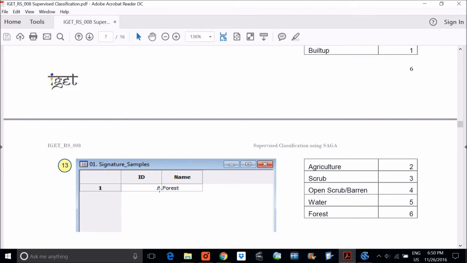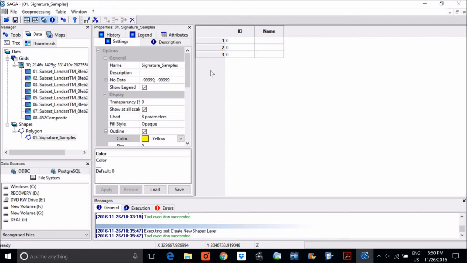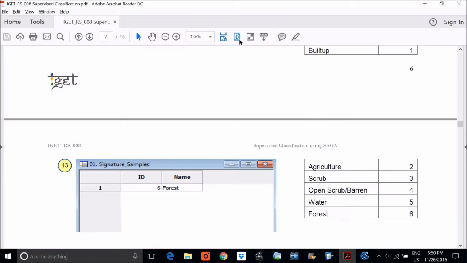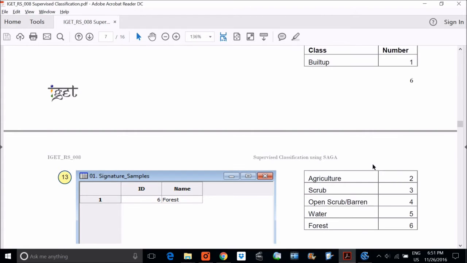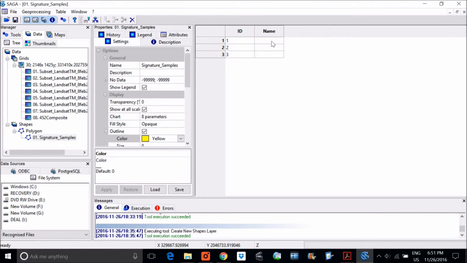We type it here, along with the name of the cluster or land cover. I'm just arbitrarily assigning 1, 2, and 3. I'm not saying I'm doing it right. I'm just showing how to do it, because the result may not be very good. But I'm just assigning, say, this is of our forest.